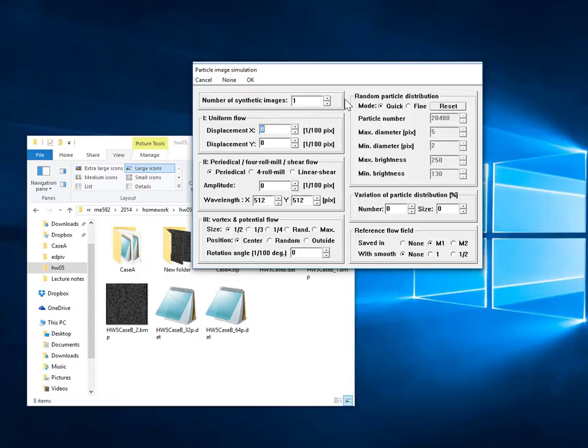And you choose the number of synthetic images you'd like to create. Let's say the next tutorial that I will do is analyzing a group of images. So I will create a group of images here. Let's say I'm going to create 10 pairs of synthetic images. And then as I move down the left-hand side of this window,